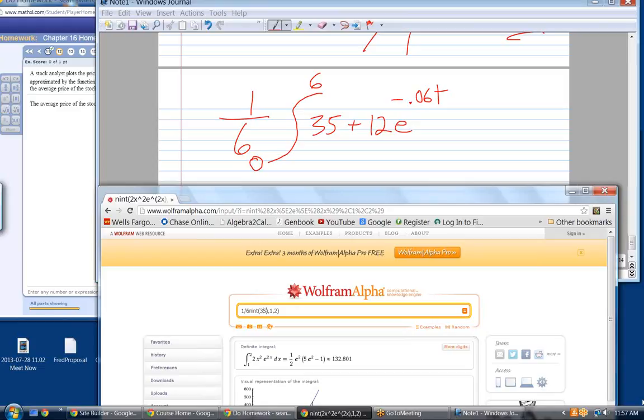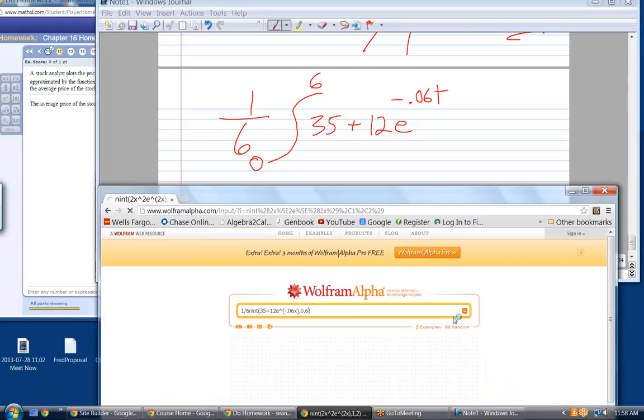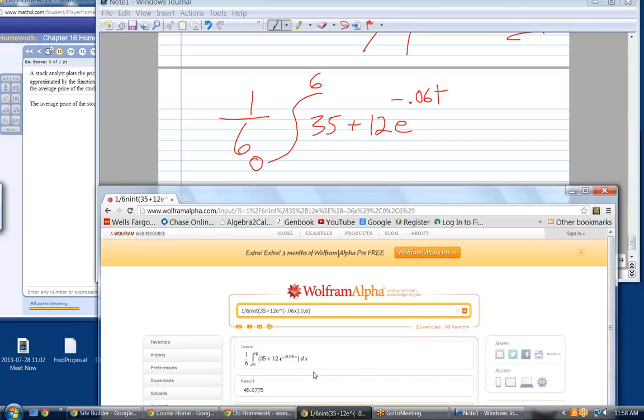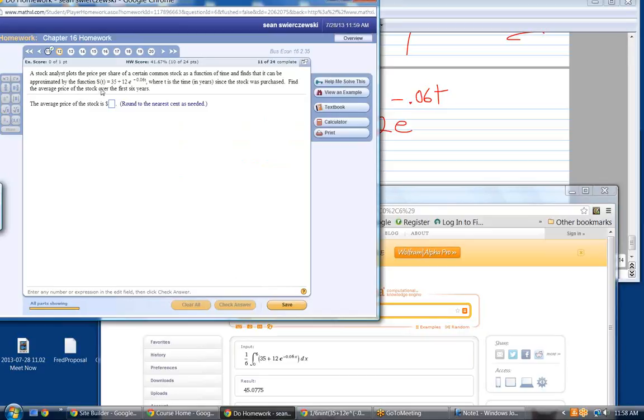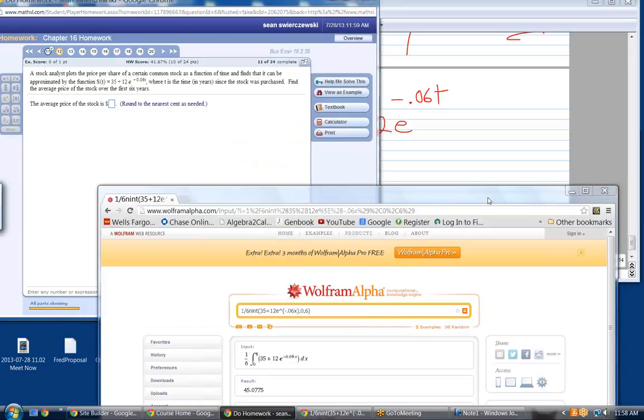So this is 35 plus 12e raised to the negative 0.06x, going from 0 to 6. 1/6 of 35 plus 12. Oh, I guess let me just go ahead and we'll know whether I typed it in there right. That's the beauty of Wolfram Alpha, actually, is that it gives you feedback on what you think you've typed in. Is that correct? I think it is. 35 plus 12e to the minus 0.06t. So